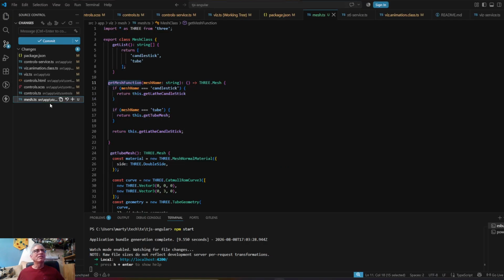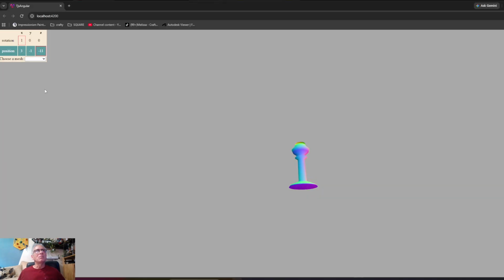This sort of broke out into mesh component, controls, and then viz. Viz is where I was doing all the mesh stuff, but now I moved that into a mesh class. It's not a service. I am starting to think that maybe controls should have been this. Well, controls has a service. I don't know, maybe I'm short a class, a service somewhere to communicate. But anyways, then I added the ability to